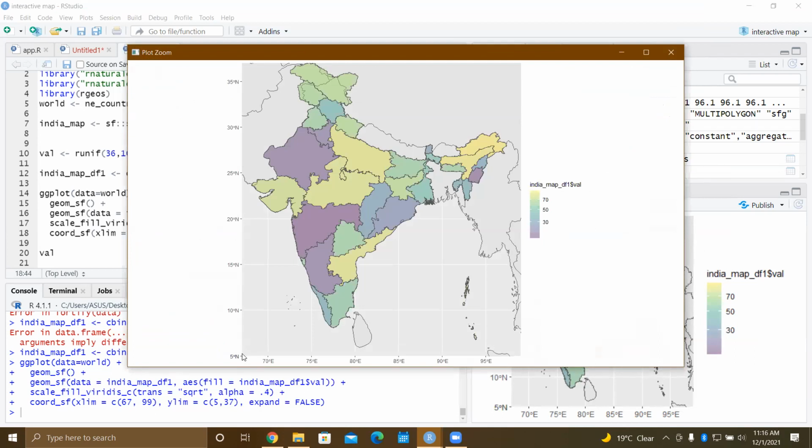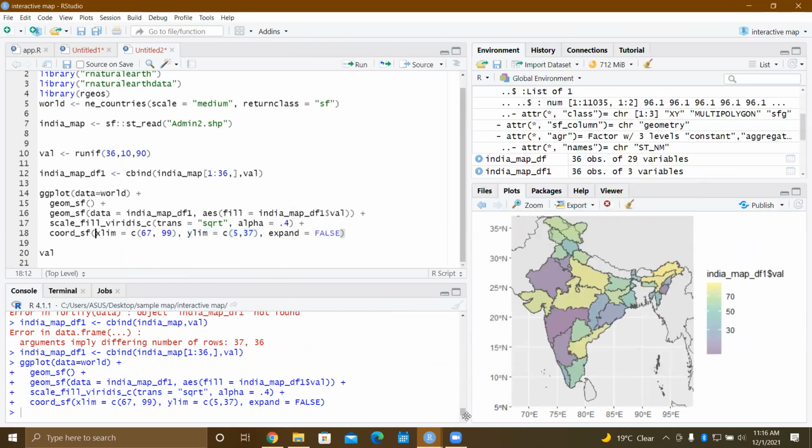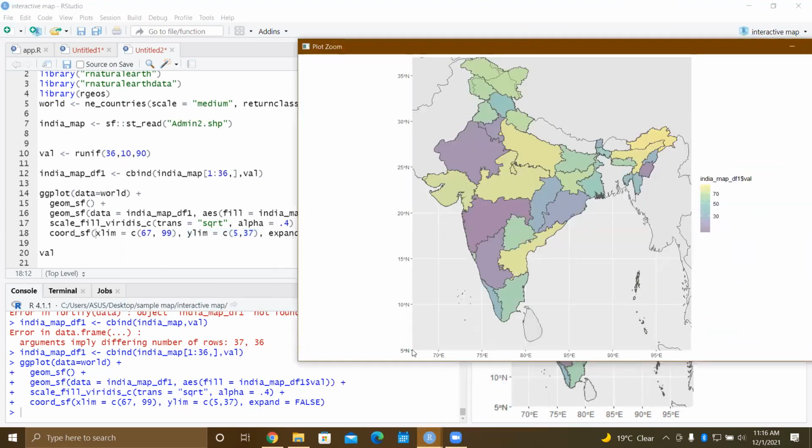You can see I have called the latitude as 5 to 37, and longitude is 67 to 99.